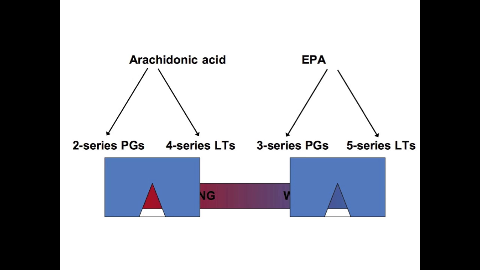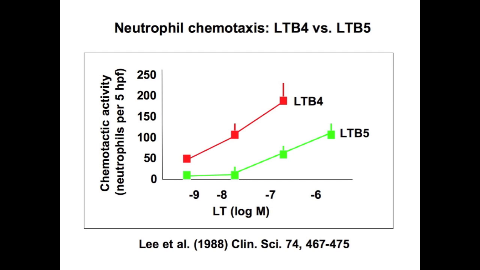So these chemicals made from arachidonic acid are very biologically active. They're strong. They're powerful. The ones made from eicosapentaenoic acid are weak. Some people will say they're anti-inflammatory, but actually, by and large, these chemicals are pro-inflammatory, but very weakly so. So what you're doing is really changing from a soup of powerful inflammatory mediators to a soup of reduced inflammatory tone.